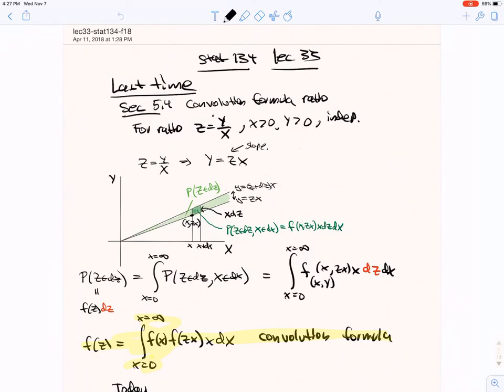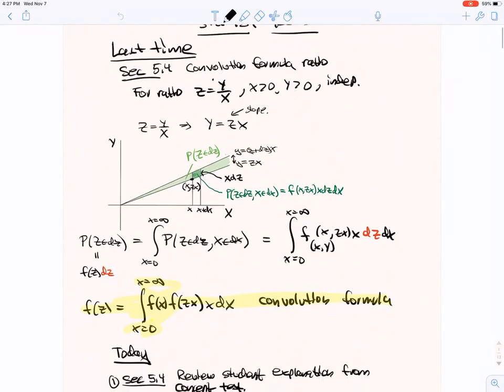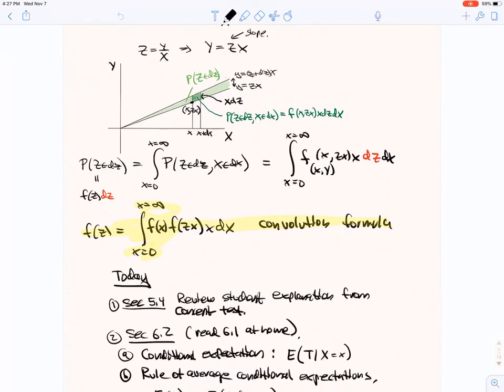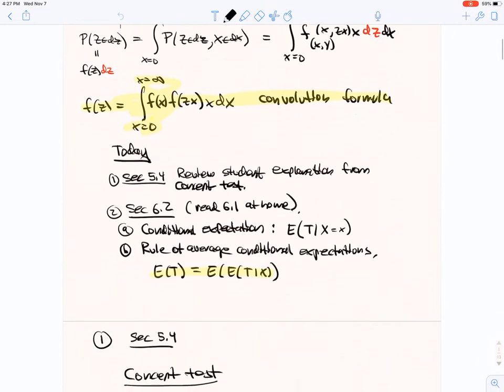So we get the probability that Z is in dz. This is basically a sum of all of these little parallelepipeds as x goes from 0 to infinity. And so we can write this out. That gives us our convolution formula for f of z, the integral from 0 to infinity, f of x, f of zx, x dx. So today we're going to review some student explanations from the concept test from last time,